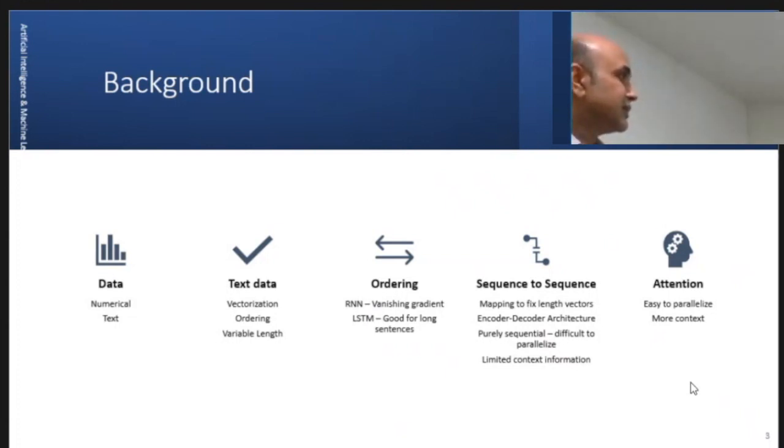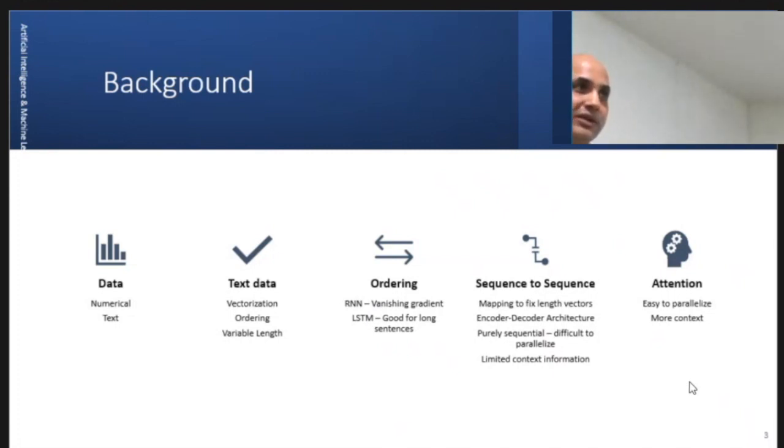But again, sequence to sequence models have some problems, which I will cover, and attention will fix those problems. There are two problems which the sequence to sequence model had. One was that they were sequential. They were based on LSTM or recurrent neural networks. So if you have a long sentence which has 12 words, you can process only one word at a time. One word goes to the RNN unit or LSTM unit, and the memory state is updated. Then another word goes, the memory state is updated, and so forth, one at a time.